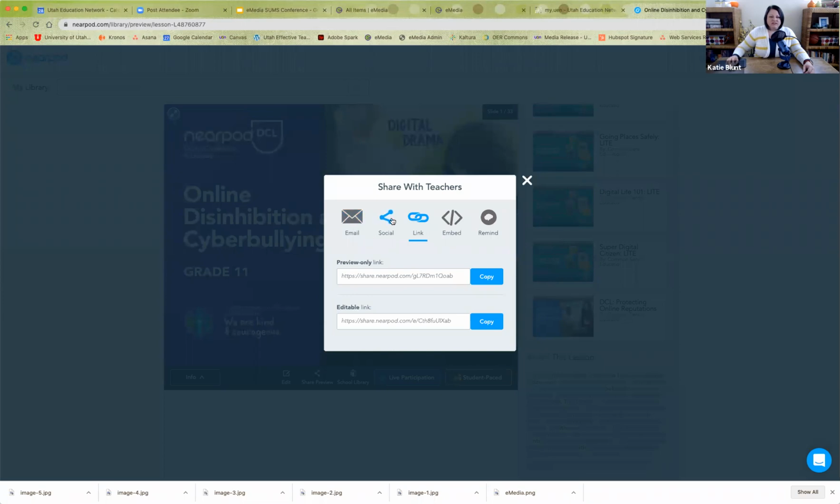And you'll notice that there are lots of different options, but in this case, you actually want the link. I know a lot of times when you're working in Canvas, you would want like the embed, or if you're putting it on a website or something, but in this case, we do want the link, okay? And you can do the editable link and go ahead and copy it,